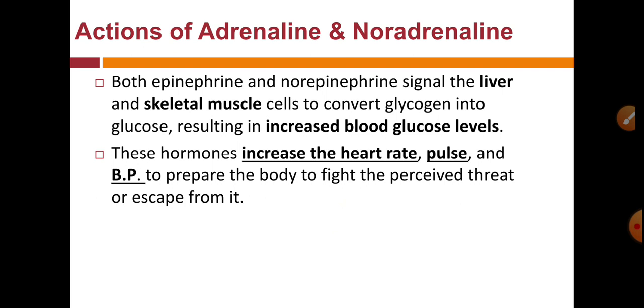So the main important functions of adrenaline and noradrenaline: they increase blood sugar level through the process of glycogenolysis, that means breakdown of glycogen into glucose molecules. These hormones also increase heart rate, pulse and blood pressure. Heart rate, pulse and blood pressure are increased during the preparation of the body to fight against a perceived threat or escape from it. So these hormones are called fight and flight hormones,